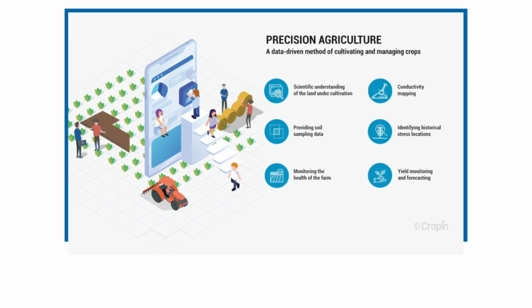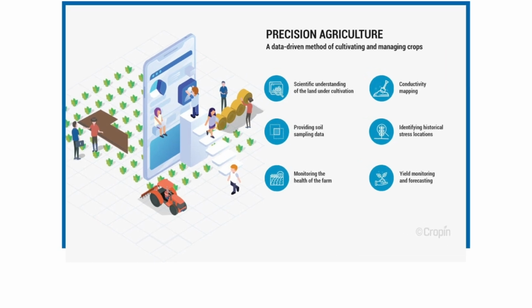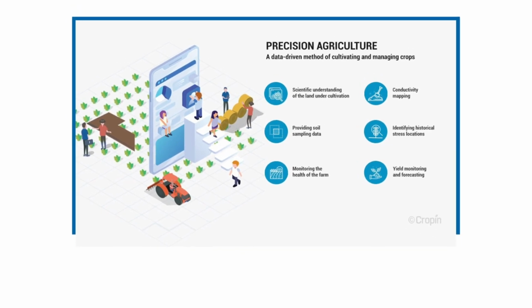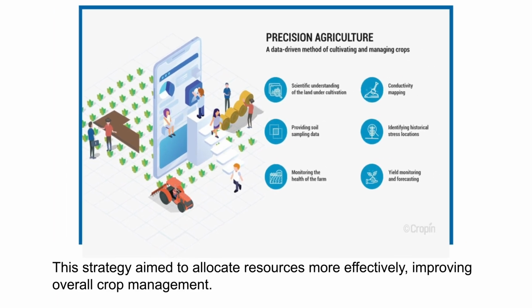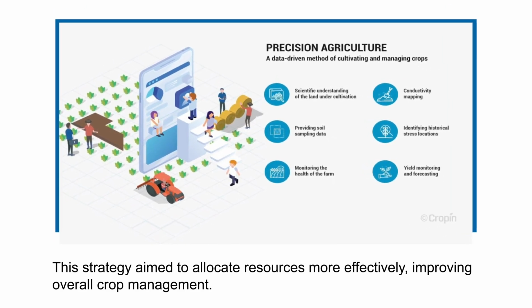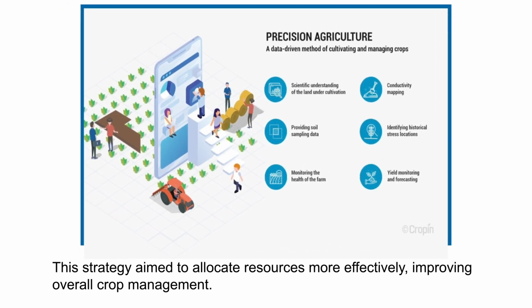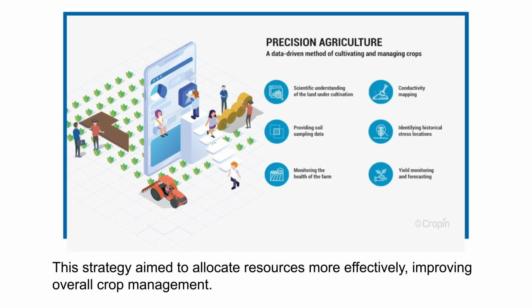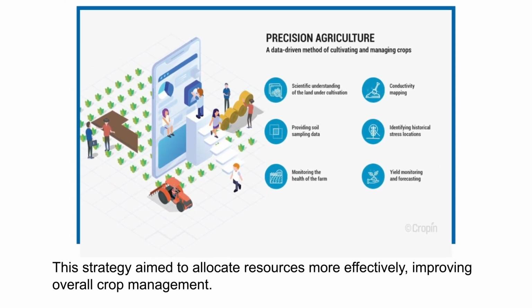Dr. Robert proposed shifting from a blanket application of resources to a targeted approach, focusing on underperforming crops to optimize their growth while preserving healthy crops. This strategy aimed to allocate resources more effectively, improving overall crop management. However, like many groundbreaking ideas, the concept faced challenges. While promising on paper, precision farming at the time was limited by technological constraints, necessitating advancements in equipment to fully